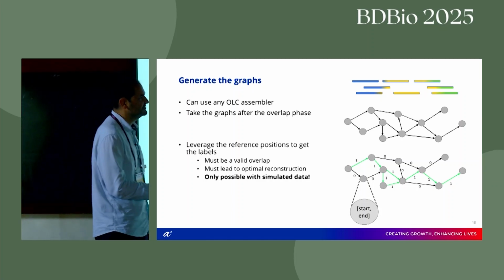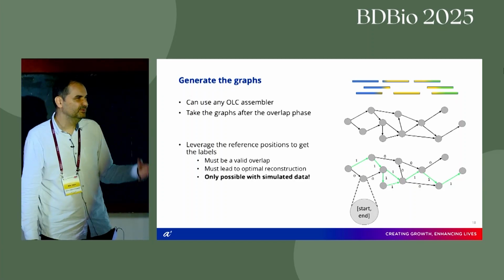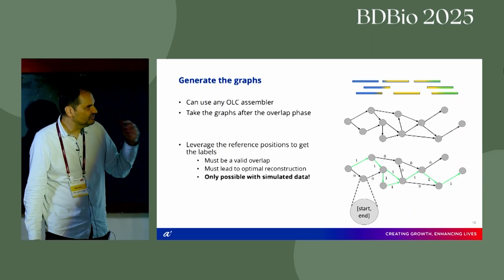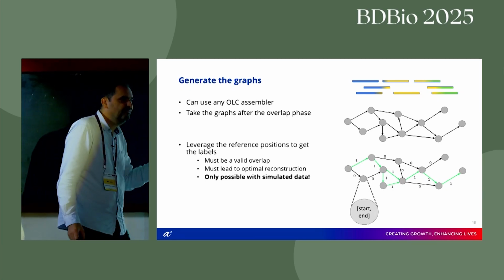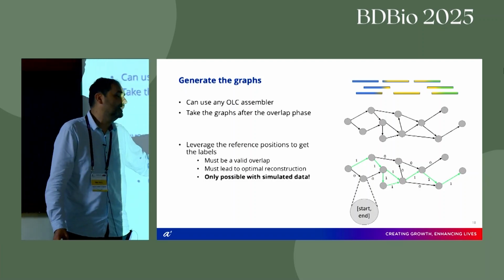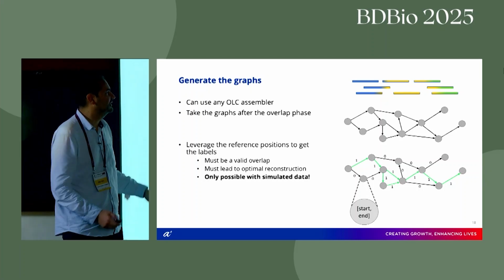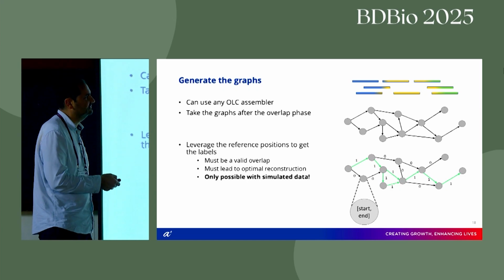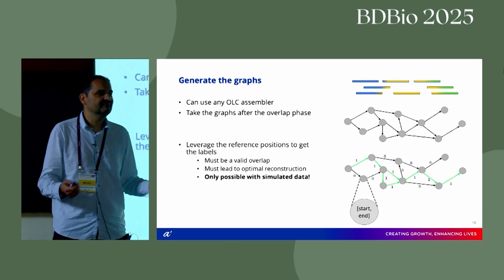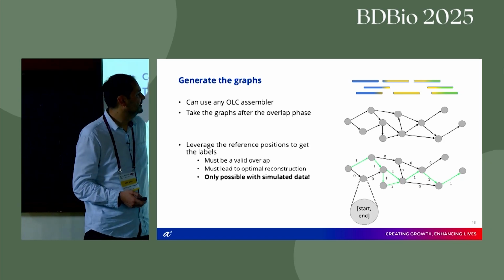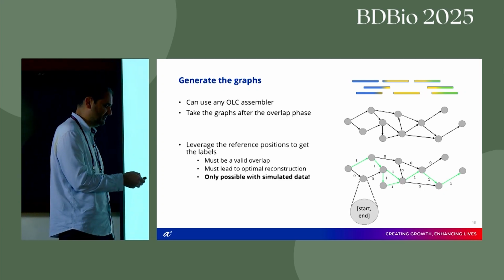So what was the idea? The first step is always overlap. And I really believe, though we are still not close, that overlap is all you need. If we can perfectly overlap all reads, we don't need layout, but still we are far from that with repetitive regions and all kinds of problems. So we will construct the graph. We used Hifiasm because at that time it was the best tool, and then we will label the right parts